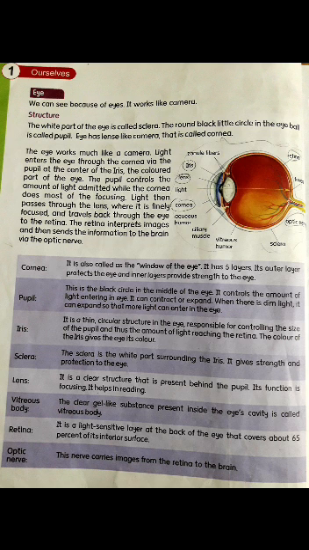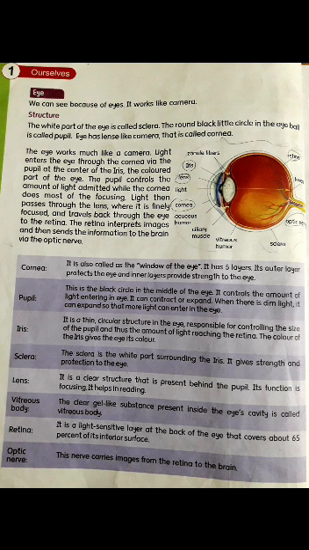So, how does your eye work? The eye works like a camera. First of all, the light enters through your eye. Light enters the eye through the cornea, then it moves into the pupil and into the center of the iris. Iris is a colored part of the eye, as I have told you. The pupil controls the amount of light and the cornea focuses that light.